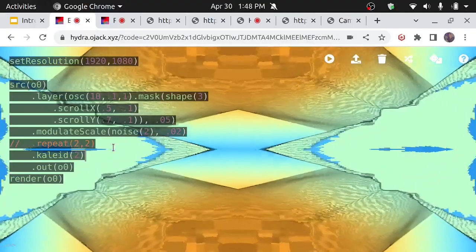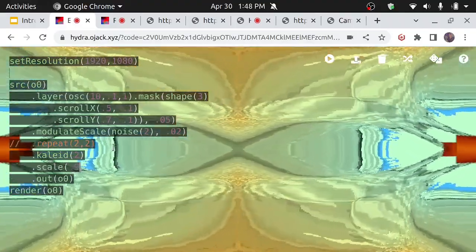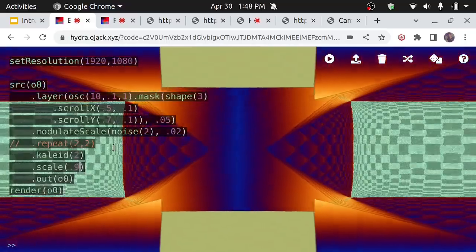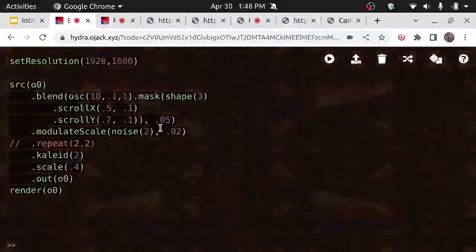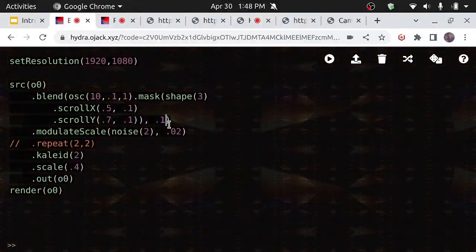And if we try to zoom out a little bit, it might be more clear how this is a fractal. And I guess scale in itself also kind of does the repeat thing. So that is part of what makes it a fractal, but yeah, the kaleidoscope effect on top of everything else makes it a more interesting shape to make a fractal out of. So that's a really fun one, and you can really play around with that, go back to blend and try to find the right kind of tuning that you need in order for it to be